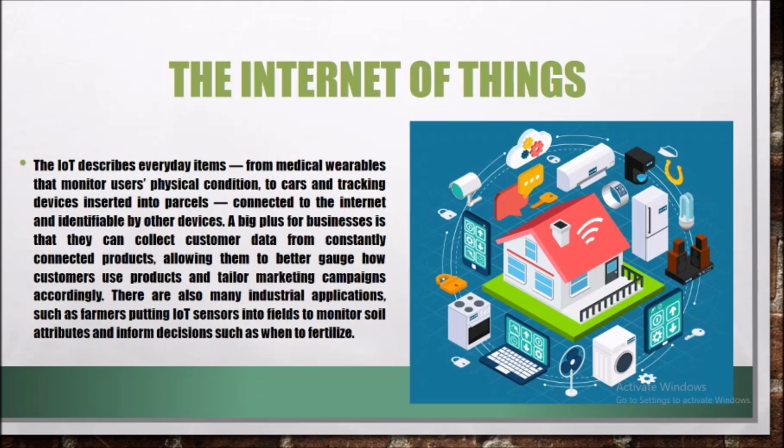I have provided here an image in which you can see a little home in the center of the picture, surrounded by a lot of devices and gadgets. It's because one example of IoT, or Internet of Things, is anything being controlled through your mobile phone or smartphone as long as you are connected to the internet.